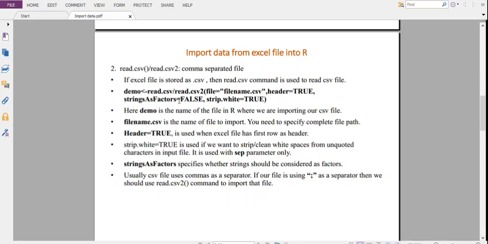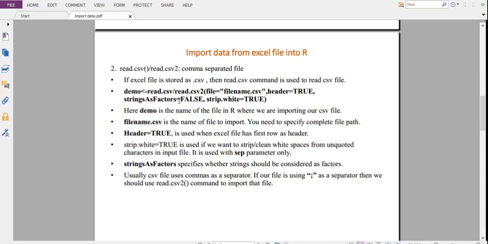So that's why while importing CSV type of file into our data frame, we need to set strings as factors parameter to false. If this parameter is set to false, it means that all the string type of data from your imported file will be considered as a string or character type of vector.